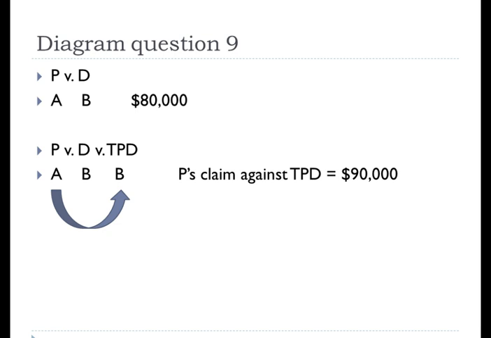But no, the question is actually about, now that defendant has in fact third-partied in the third-party defendant, the plaintiff says, oh, well, I want to sue the third-party defendant too. So the plaintiff amends the complaint to bring a claim against the third-party defendant. It so happens that the plaintiff and the third-party defendant are citizens of different states, and that the plaintiff's claim against the third-party defendant also exceeds the amount in controversy requirement. Therefore, there is original jurisdiction over the plaintiff's claim against the third-party defendant. We do not need supplemental jurisdiction.